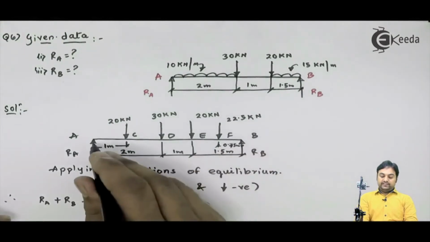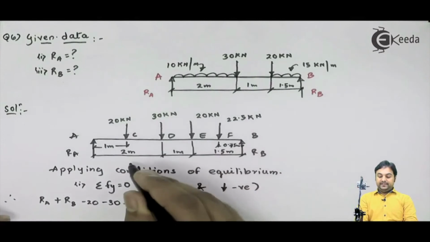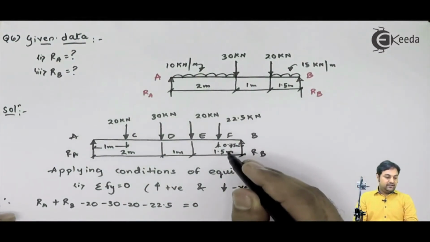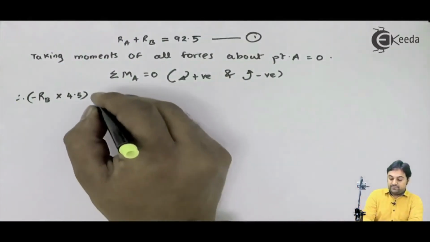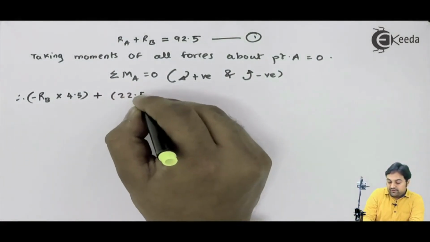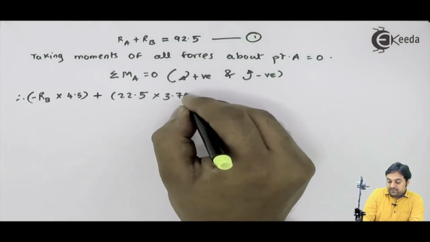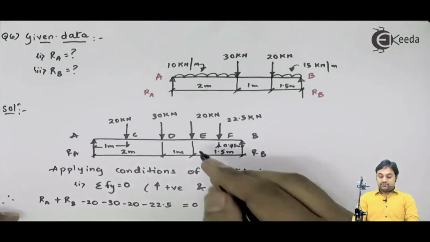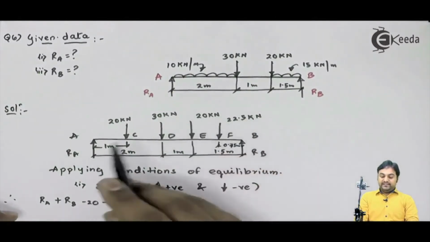So if I want to find out the location of 22.5 kilonewton with respect to point A, it will be 4.5 minus 0.75, and that comes out to be 3.75, and it will be producing clockwise moment. So plus 22.5 into 3.75. Next, here I have plus 20, it will be producing clockwise moment. So plus 20 into 3,